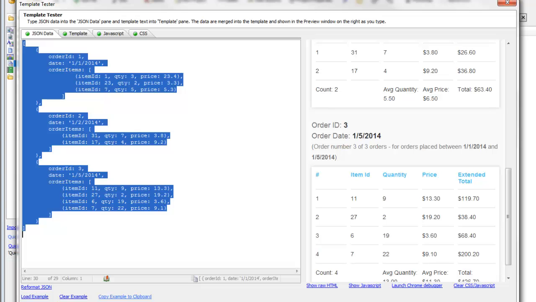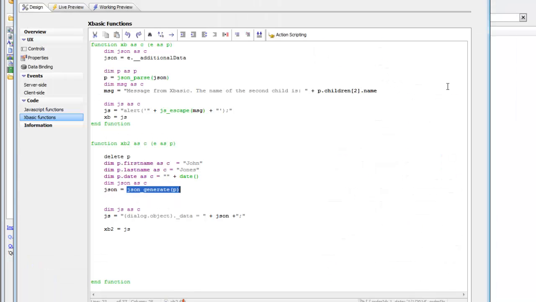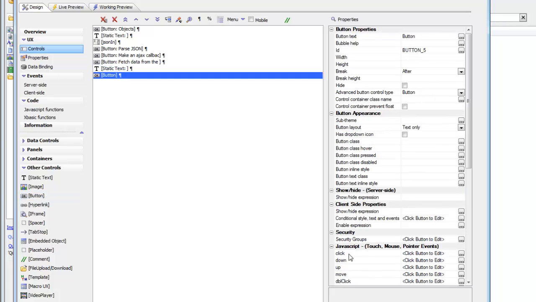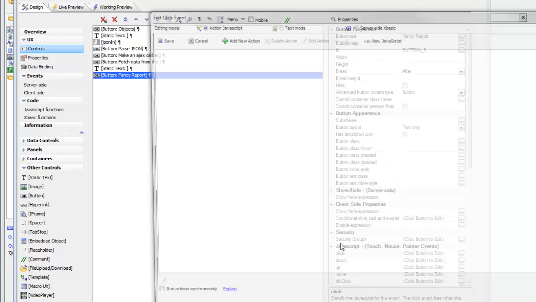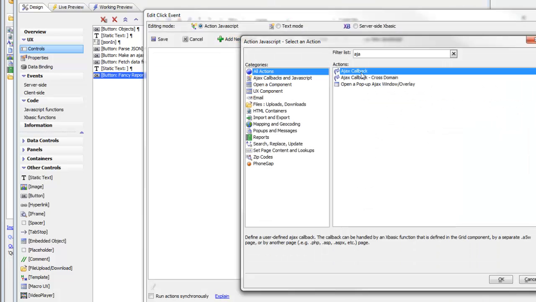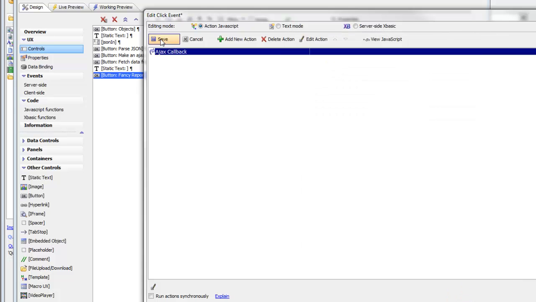Let's close this down temporarily, and now we'll go over to our JSON, and let's make another button, and we'll call this maybe fancy report, and again we're going to do an AJAX callback, and this time we'll call it XB3, and then we'll save this, and